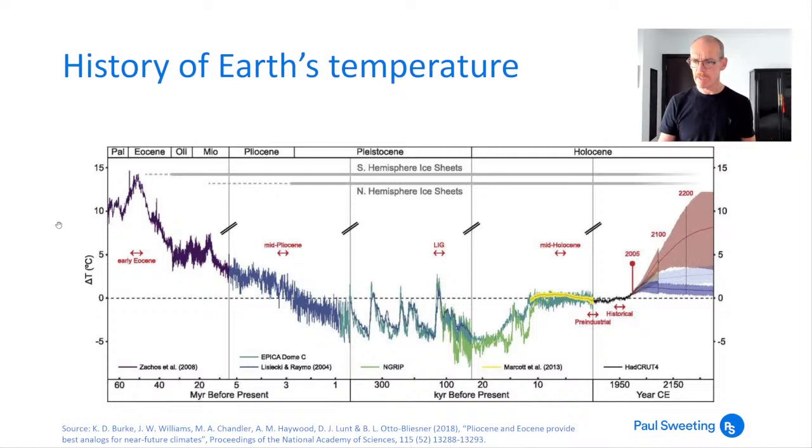Now, the fan chart at the end is just showing some scenarios from different modelers, and you can see from some of those which assume no changes in behaviour, by the year 2300 we'll be up to the same kind of temperatures that we had before single-celled organisms have really got a grip on the planet. So the potential for things to go wrong is quite extreme.